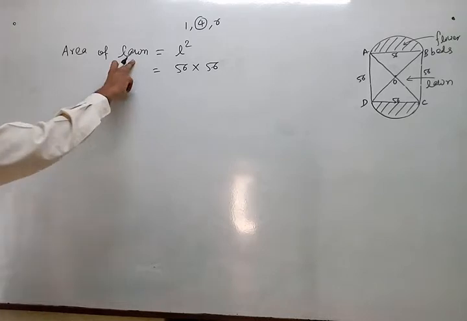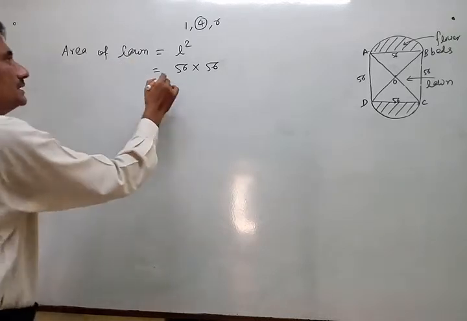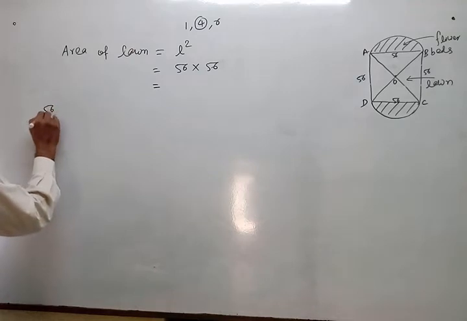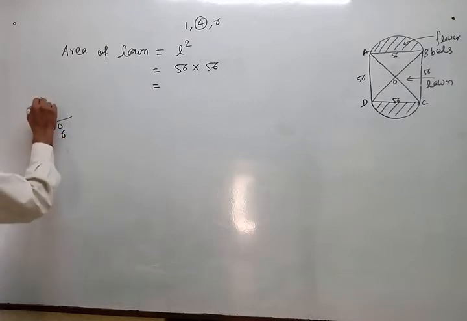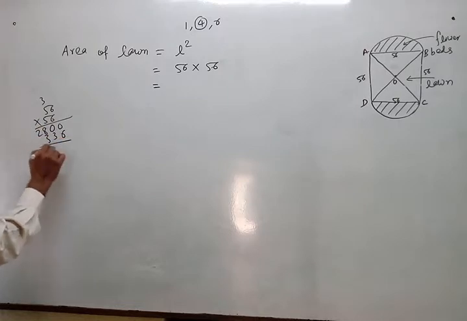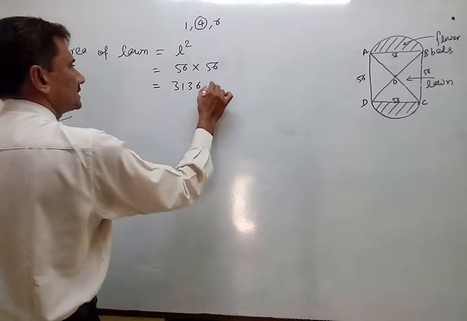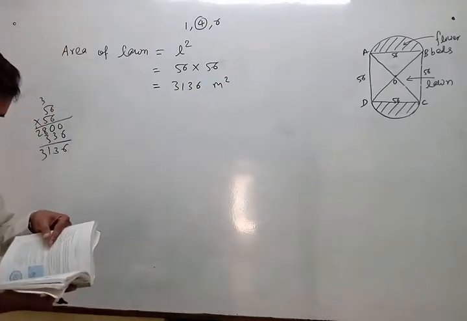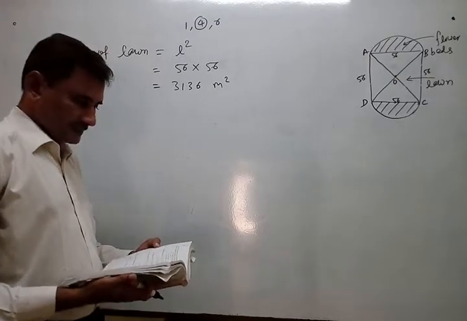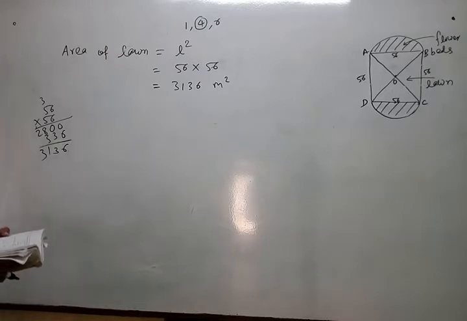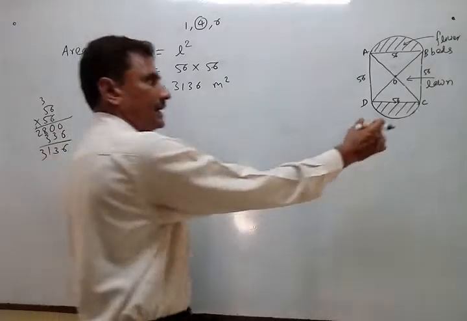That is in the shape of a square. So just multiply it, 56 multiplied by 56. 5 sixes are 30, 5 fives are 25 plus 3 is 28, 6 sixes are 36, 3 carried, 6 fives are 30, 33. So 6, 3 and 8, plus 3, 1, 3. So it is 3136 meters square, because 56 is given in meters. So 3136 is the area of the lawn.